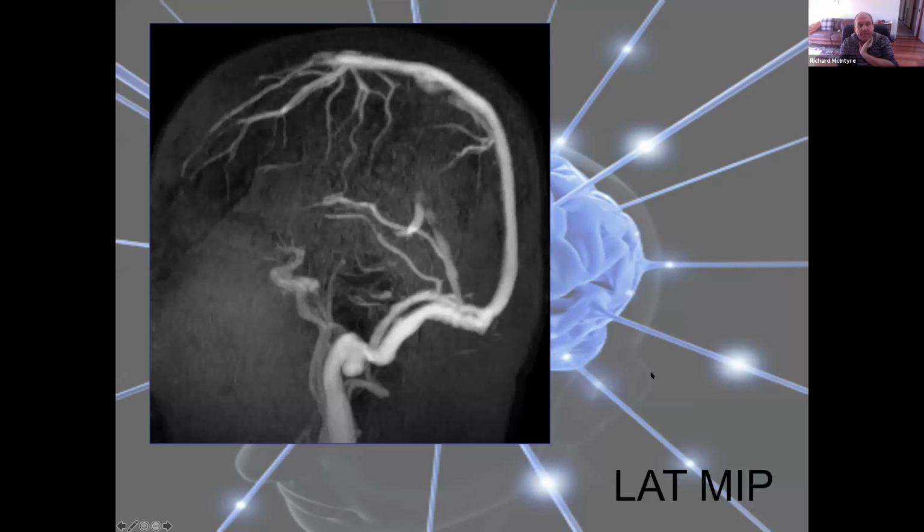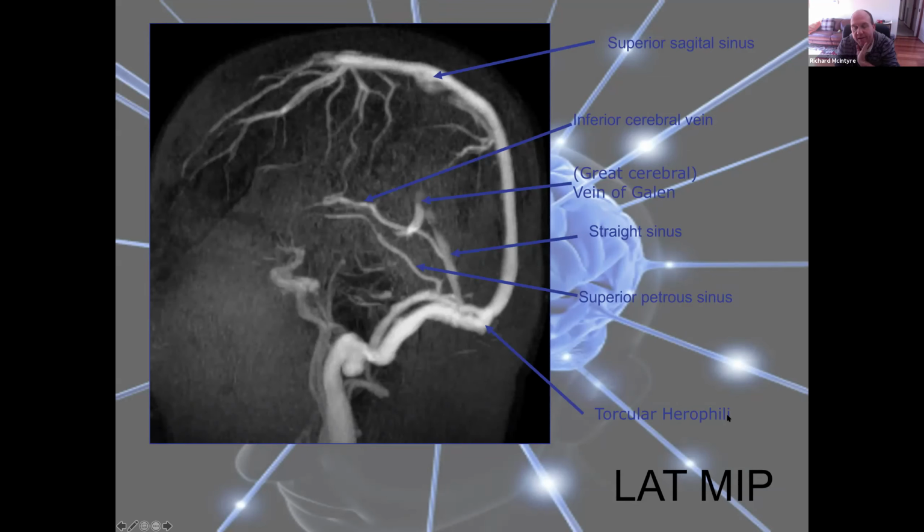There we are. And superior petrous sinus. Torcula herophili, or herophily, is another name for the confluence of sinuses. This is an MRI scan, a lateral